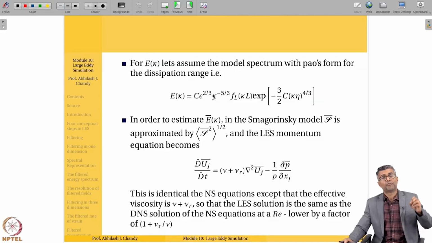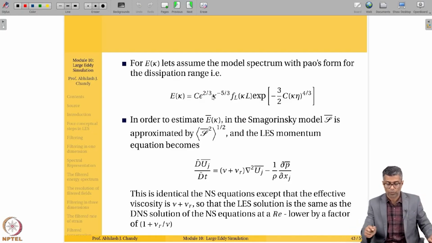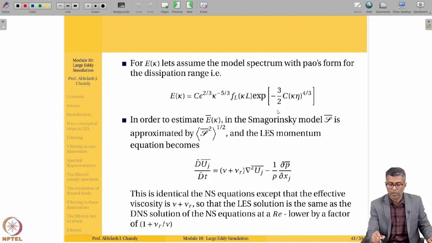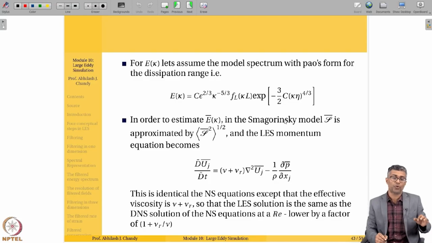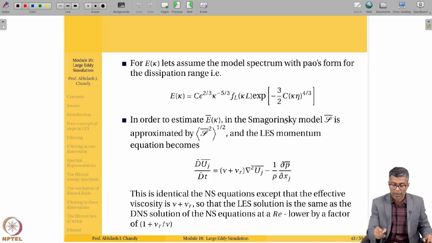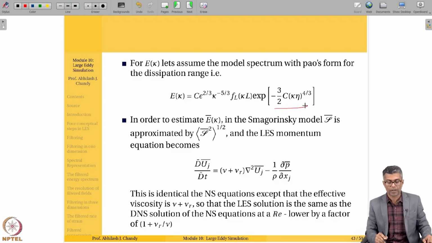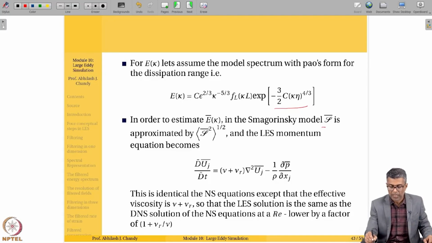Okay. Now for E of kappa, let's see how that exercise works. Let's say you have this model spectrum and you use the Powers form of the filter, where you have this exponential of minus 3/2 C of kappa eta to the 4/3. If you had the other kind of spectrum you would use the value of beta, but the power spectrum uses this function here. Now, in order to estimate E bar of kappa, all you need to do is the characteristic filtered